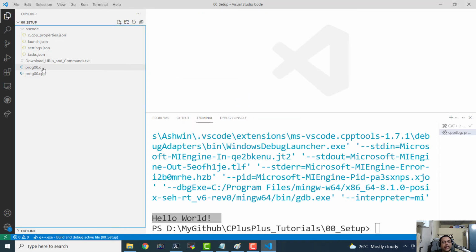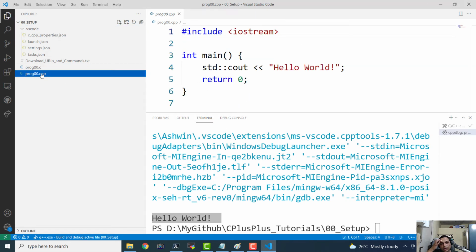So this is how we can build and run C and C++ programs with Microsoft Visual Studio Code and MinGW W64 GCC toolchain on Windows platform. This is very convenient for all the users because this way we can demonstrate a lot of C and C++ programs.